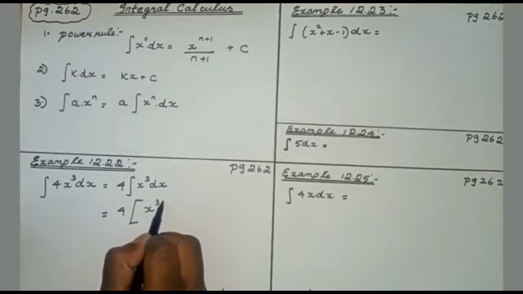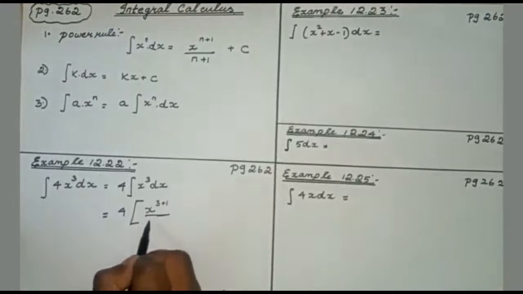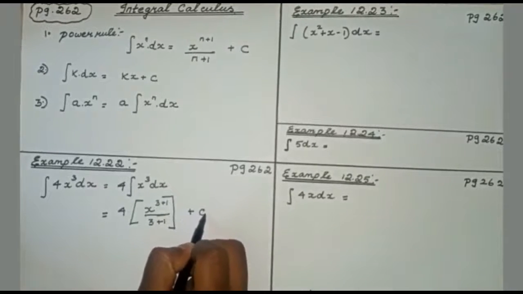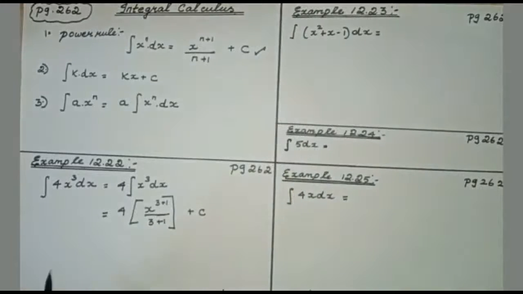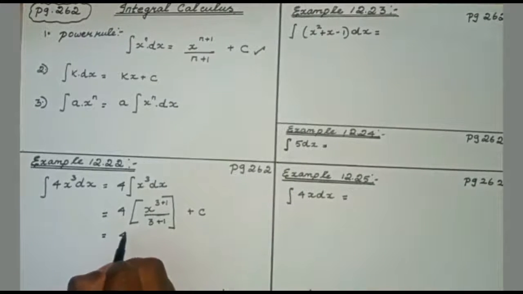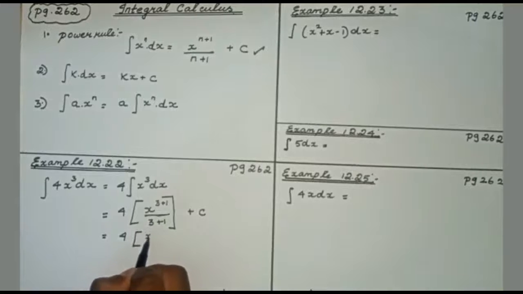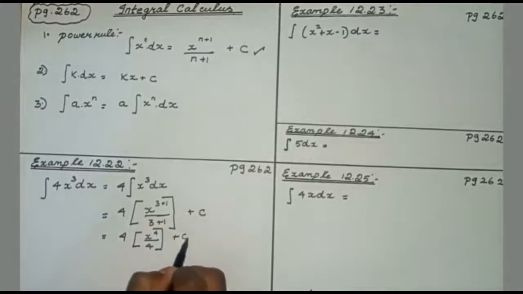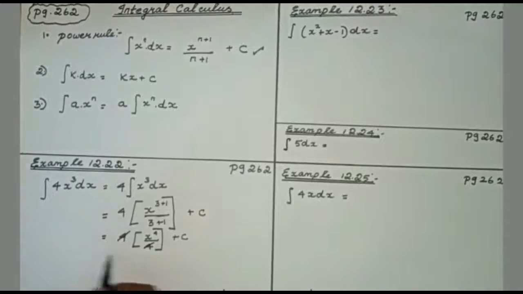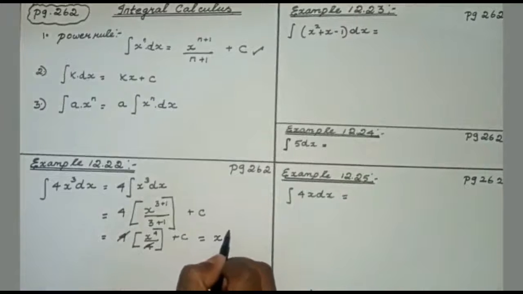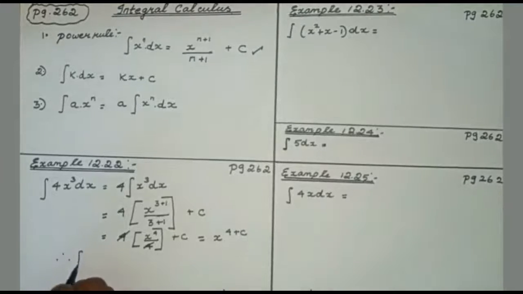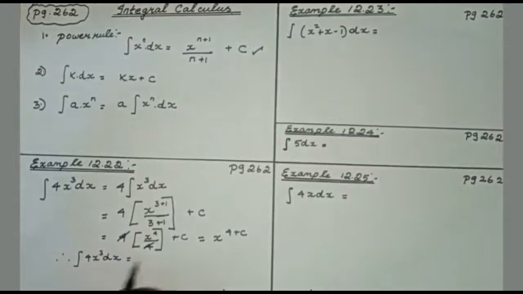Since 4 is a numerical value, we have to bring it out and just integrate x to the power 3 dx. X to the power 3 will be integrated to be x to the power 4 divided by 4. So moving further, 4 multiplied with x to the power 4 over 4, and it is simple that 4 and 4 are in numerator and denominator, so they can be easily cancelled. So the final answer will be x to the power 4 plus c. Here plus c is very important to be added because only after seeing the plus c can we be clear that the sum has been integrated.